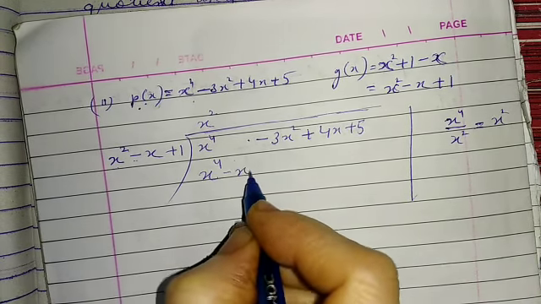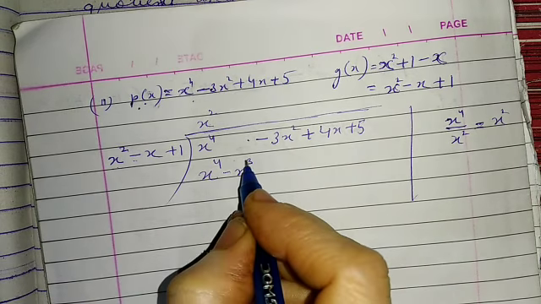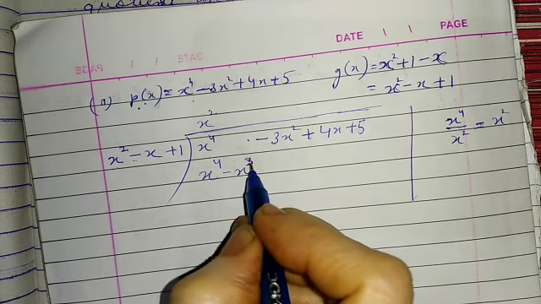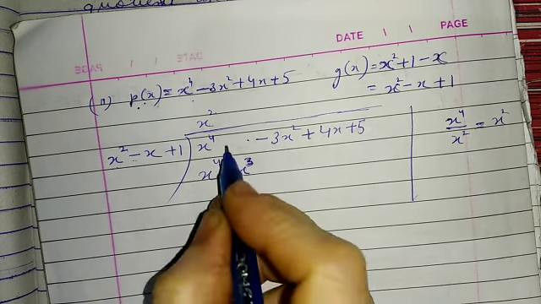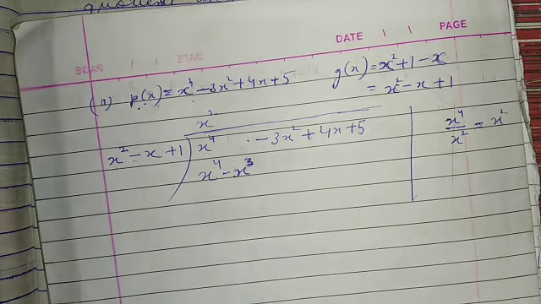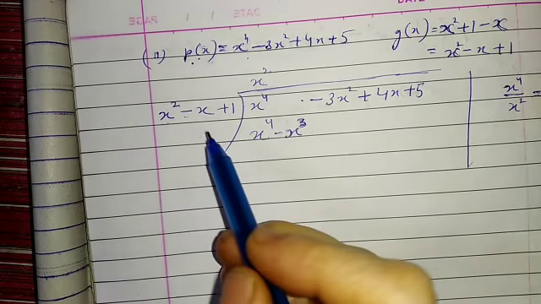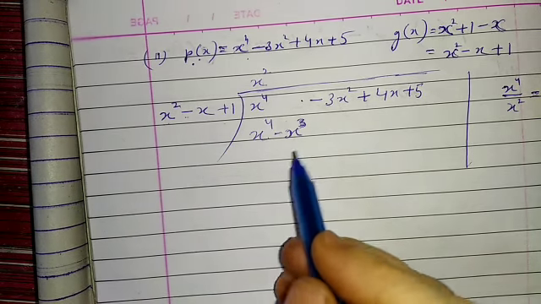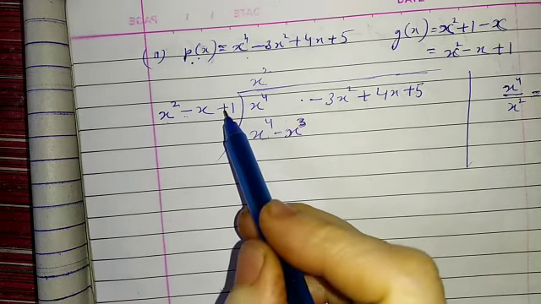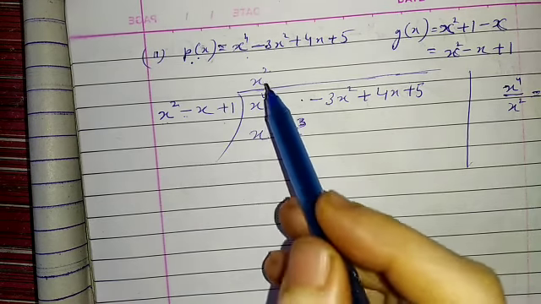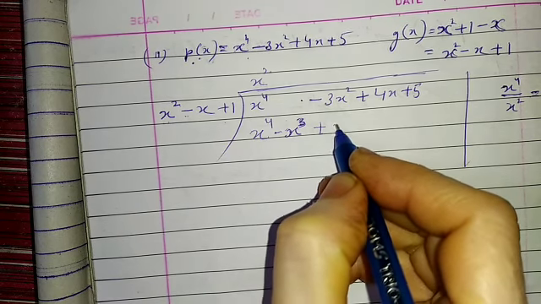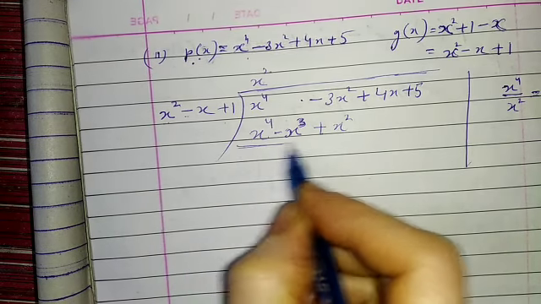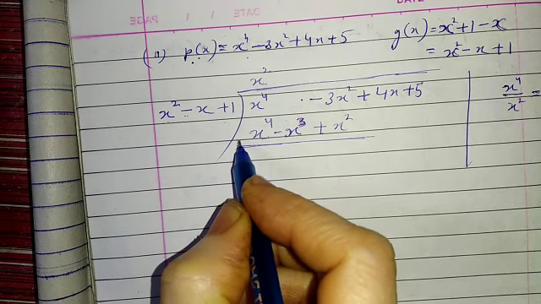And now minus, plus minus minus, x into x square is equal to minus x cube. Write minus x cube. Because this is x square, write the cubic power of the variable here. That's why we have given space. So minus x into x square is equal to minus x cube. Now plus, minus plus plus, and x square into 1 is equal to x square. So write here plus x square.